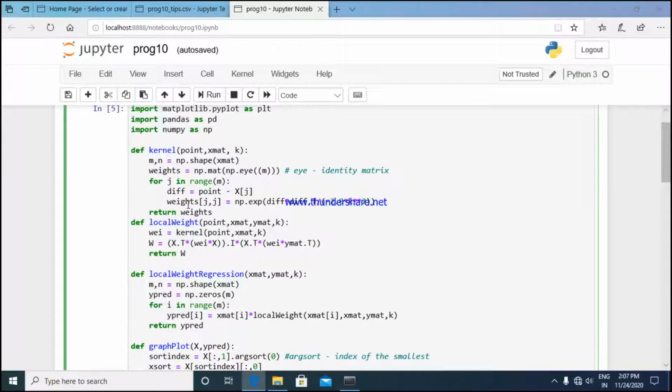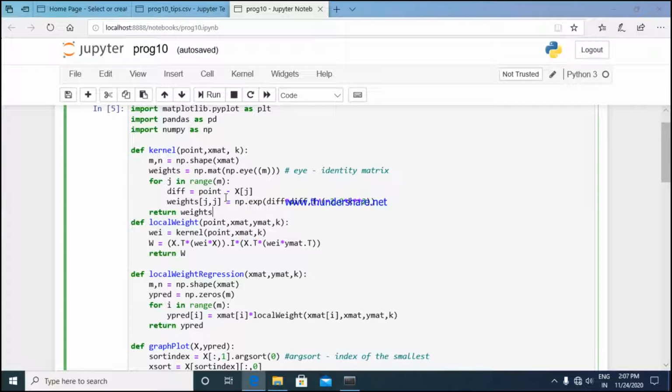So for j in the range of m, I have to calculate the weights. As I just told you, for calculation of the weights we are using kernel smoothing, which allows us to smooth out our points of interest. So which points of interest do we have here? We have two different points of interest: your bill amount and your tip amount. Those are the values we are taking.